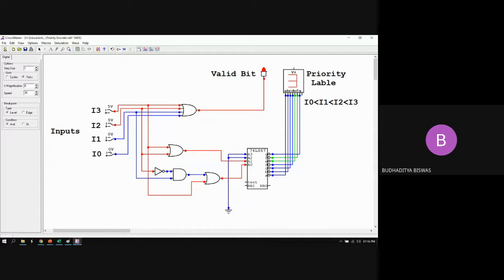That's why it is called the priority encoder. It detects the priority level, and based on the priority level, which thing needs to be done very quickly, this is the most important compared to the normal job, it does accordingly. These are the interrupts. This is not the normal job, this is the interrupt. So many interrupts, 4 interrupts may come at the same time, but it will not address all 4 interrupts. It will address only the highest level, and the level is set: I0 is the lowest priority level, I3 is the highest priority level. So when I3 is coming as 1, then it overlooks the other priority levels. Got it? Yes sir.